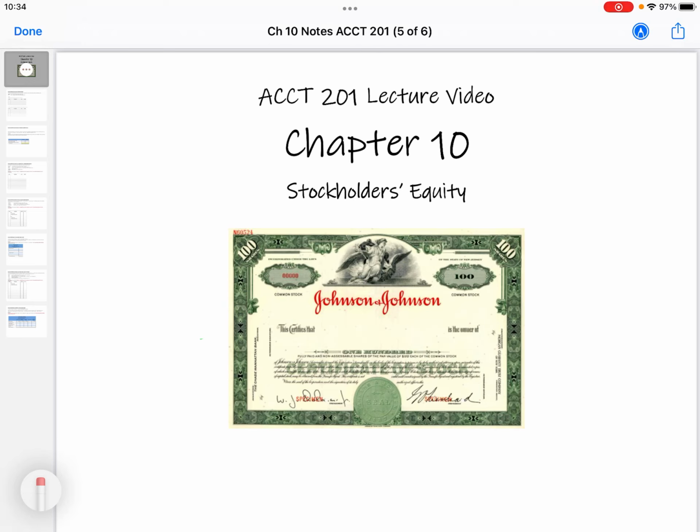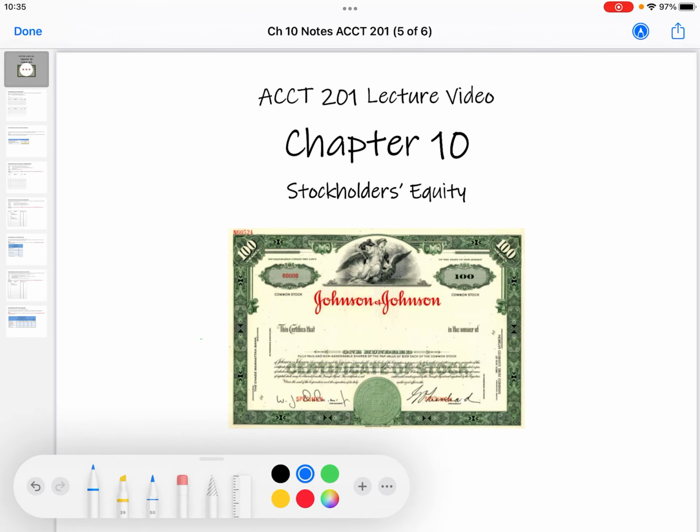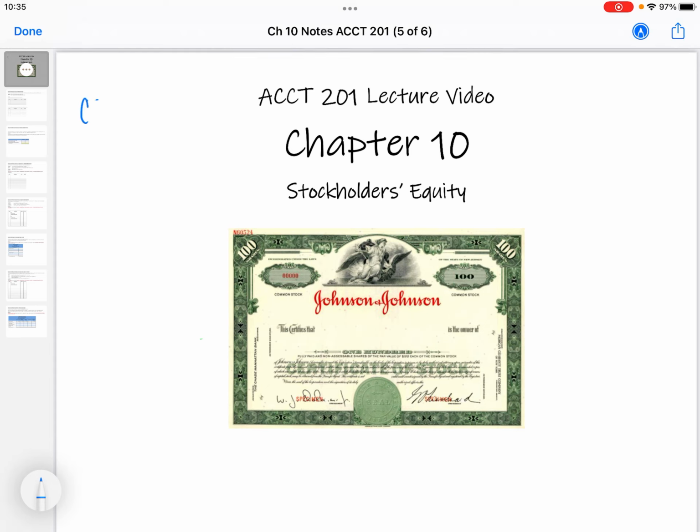Stockholders' equity, or corporations in general, there's a ton of information in your book. Just reading about corporate form, double taxation, the other disadvantages as well as advantages. The advantages of being able to get equity, get some capital for your organization, get money in order to expand, right? So what's very important to understand is that when a corporation determines, or an organization determines to become a